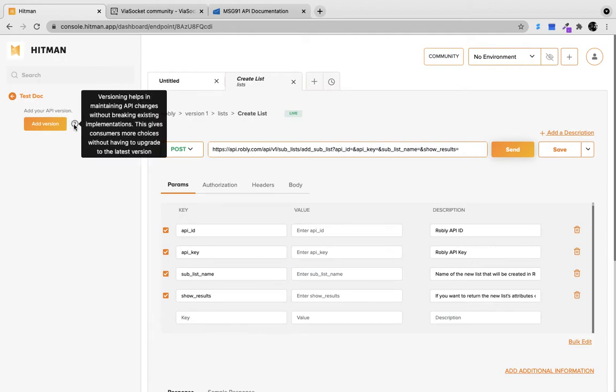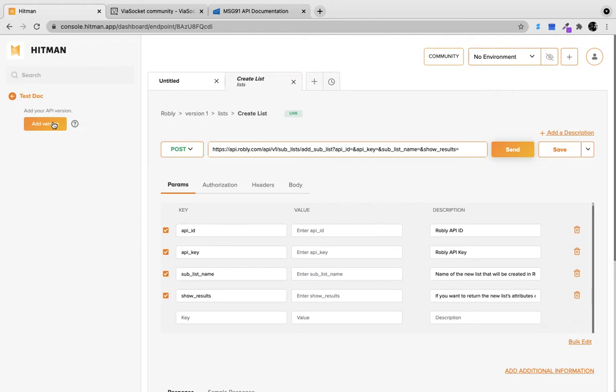Okay. Now version is something that helps you maintain the changes. Now how does it help? Some of your clients must be using your APIs already. And if you're creating a new API for the same function, then making changes to the already made API will affect their system. So instead of making changes to the already made API, you create versions. So that is the reason we are asking for the versions directly in the very first step.